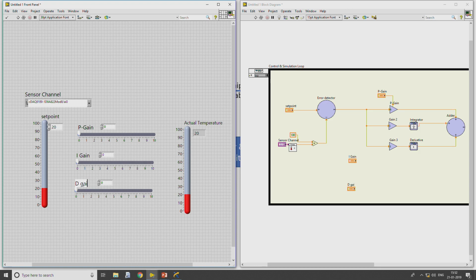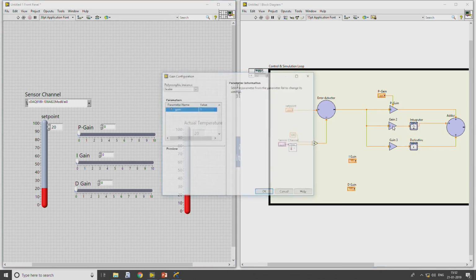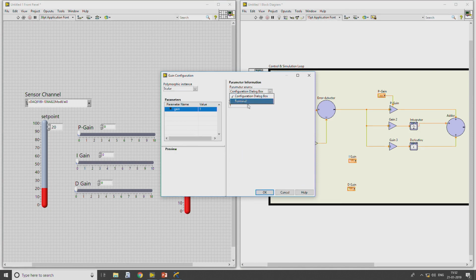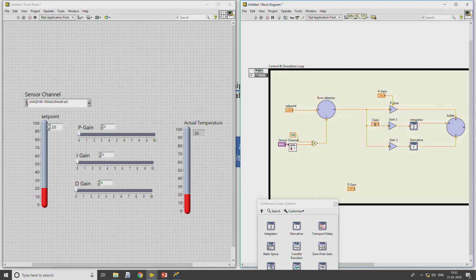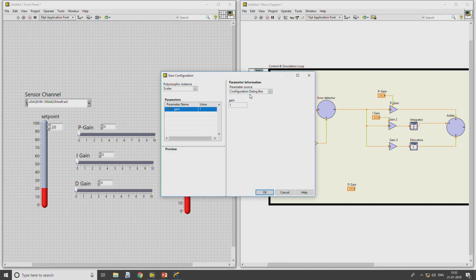But if you make only P gain high and I gain some value, but D gain 0, that means that particular controller is a PI controller. So, with this we can understand how we can easily create P as well as PI as well as simple I, or a combination of P and I, or a combination of P and I and D.